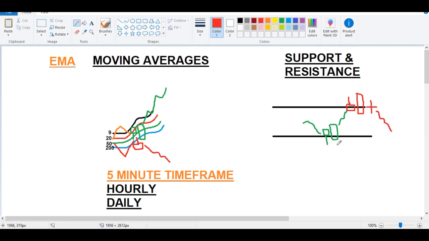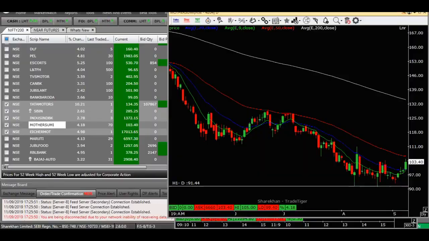Okay, now the keyword is "may," right? This is not guaranteed or necessary that it'll happen, but we are improving our odds of success by using these patterns at the right locations. Instead of just randomly trading them, we're waiting for the right location and then waiting for this opportunity. Okay, so let's quickly go to the charts and